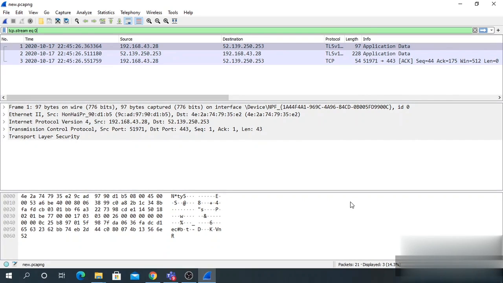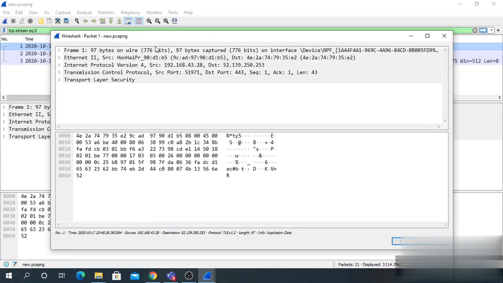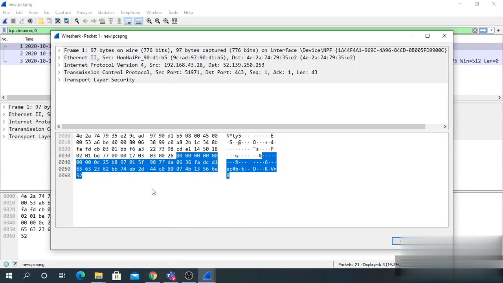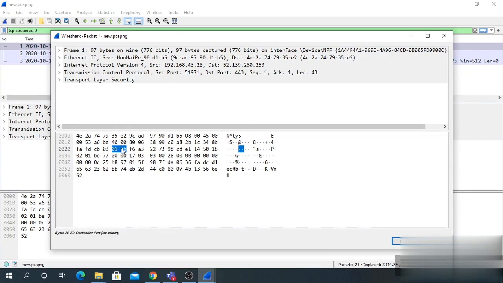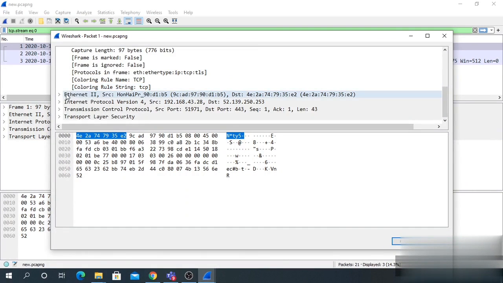For inspecting the packets, we can click on the packet and then click on the options in the middle window. So here it gives the details of that packet. It gives the frame size, then the Ethernet II, Internet Protocol version 4, and the Transmission Control Protocol details.